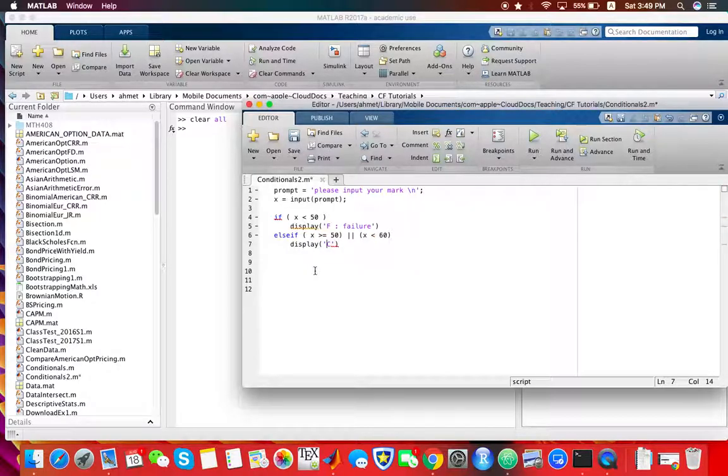Okay, your mark is C. And then we need to continue because there are some other cases as well. If x is greater than or equal to 60, and this should be an AND. So AND operator is given by this double AND notation. And in the other case, suppose this is x less than 70,